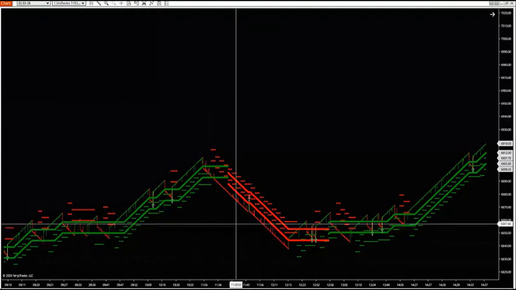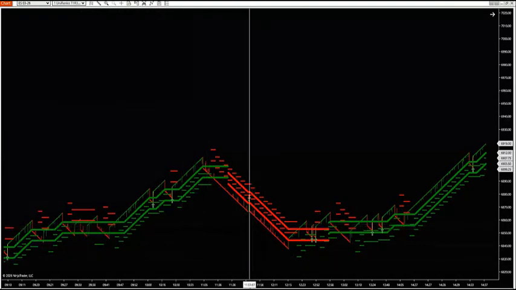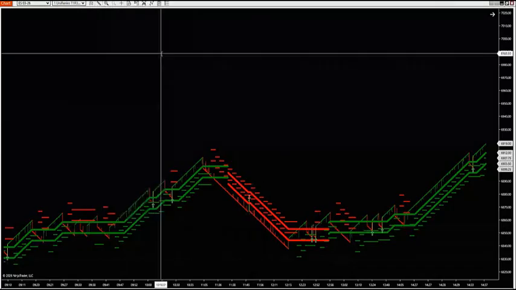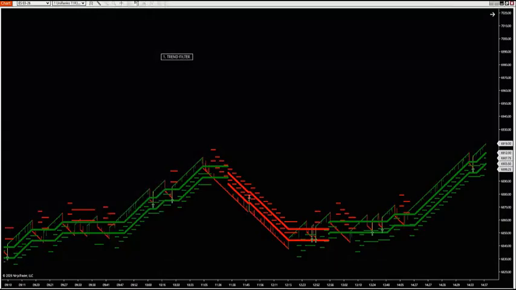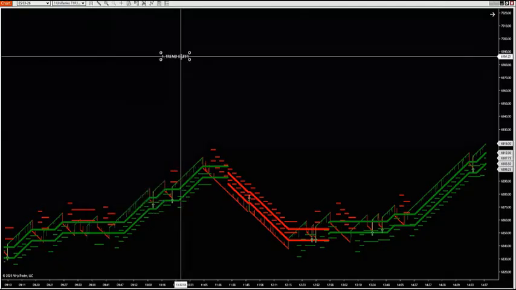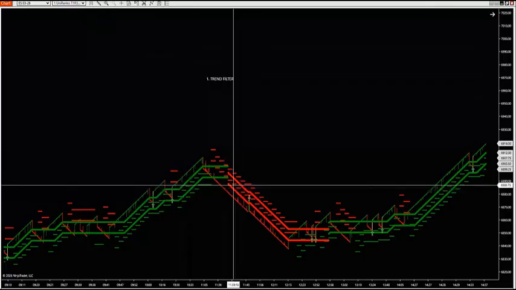All right, so we talked about this yesterday. Let's go over two parts. First of all, our trend filter, and then we'll get into liquidity grab. So let's talk about the trend filter first of all. The trend filter is comprised of these